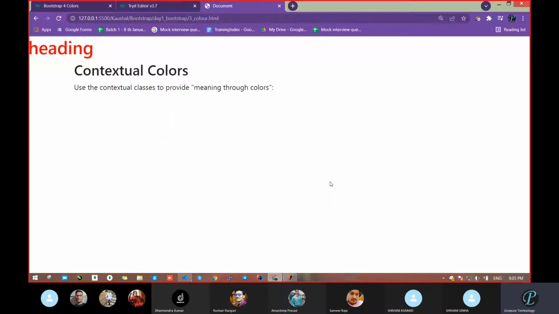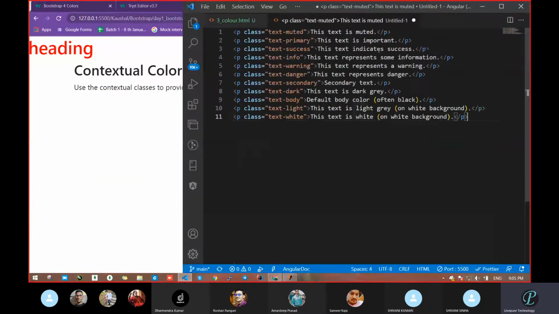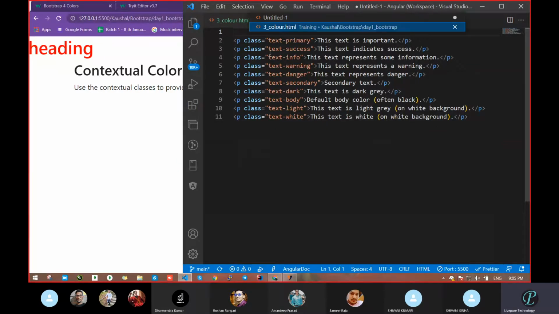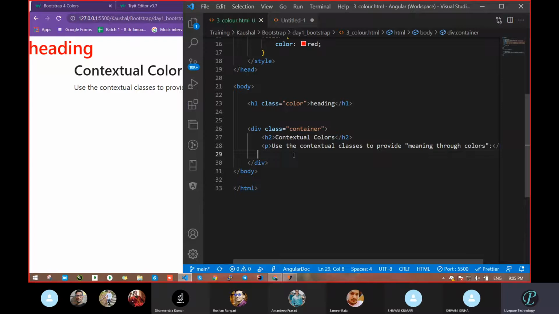Now, if you want to make something black type or gray type, take this color. And what you pass here, just take care of the text. We passed the class name. What is the class name? Text hyphen muted. We want the color of text, that's why we passed text hyphen muted. Clear?